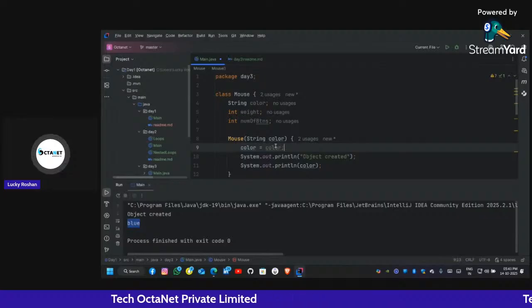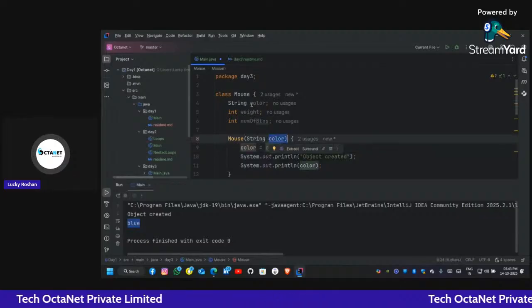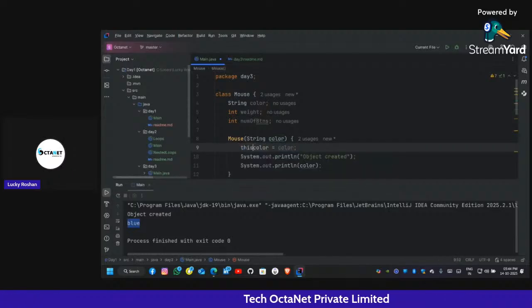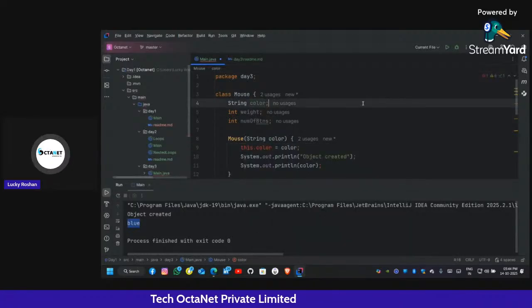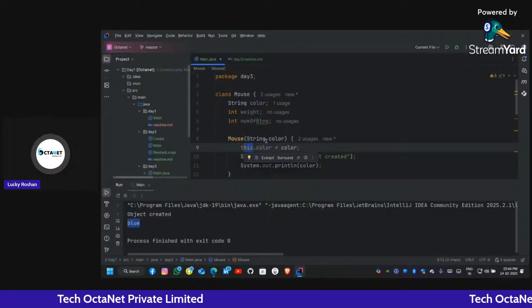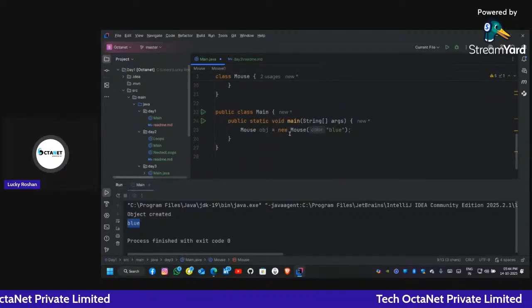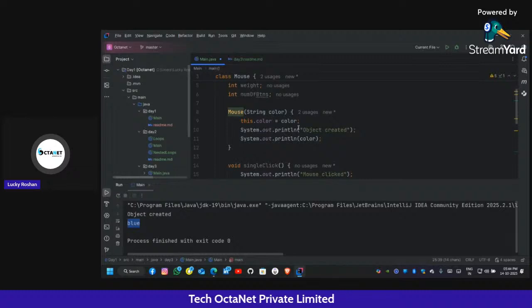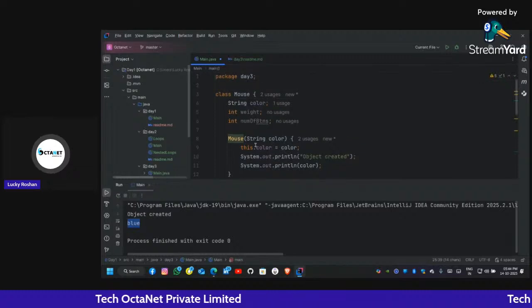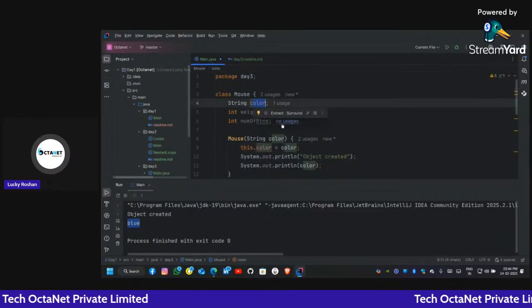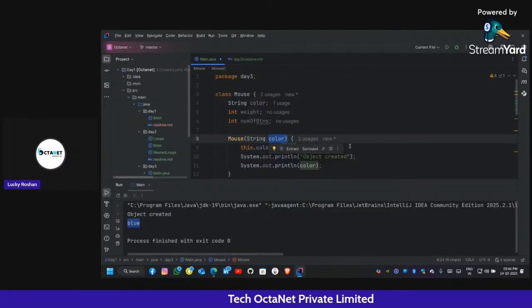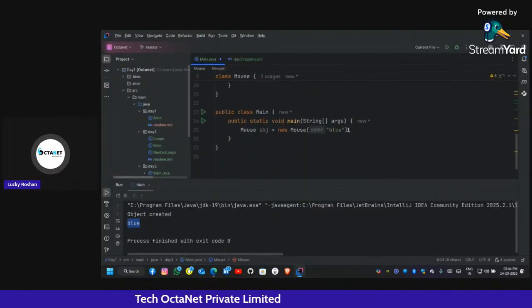So to assign the parameterized color to our object color, we have to write a keyword, that is this. Now what is this? This refers to the current object. If I write this.color, then this color refers to the field, and the color I have assigned refers to the parameter that I have passed through the argument by calling the constructor here.